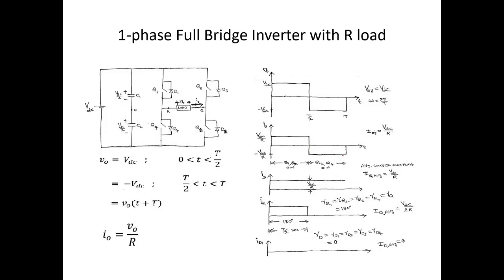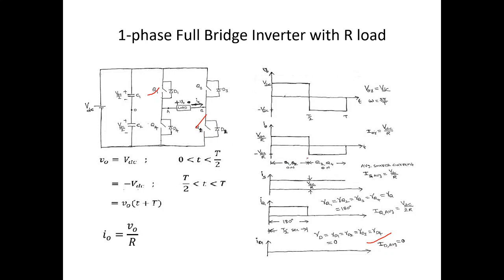Under this particular condition, you can see that only transistors are going to be conducting. So Q1, Q2, Q3, Q4 are going to be conducting. So diodes are not going to conduct. So diode conduction period is 0. The current flowing through the diodes is also going to be 0. So that is what is mentioned here. Okay. Now you can see for the positive half cycle, current positive, voltage positive. So Q1 and Q2 are going to conduct.